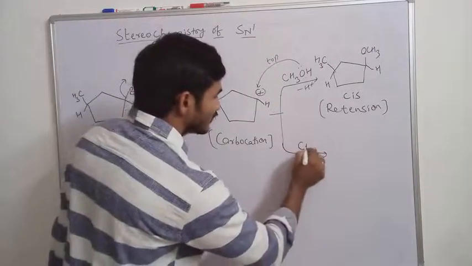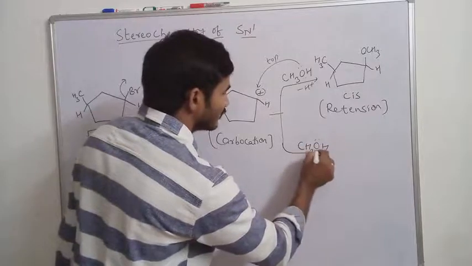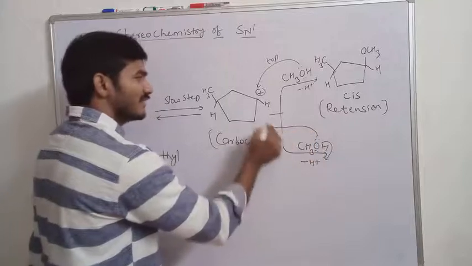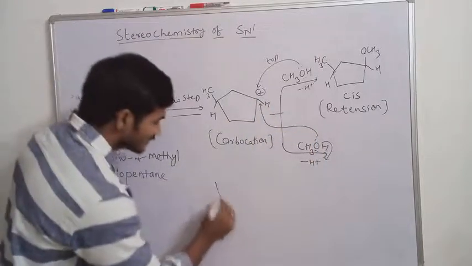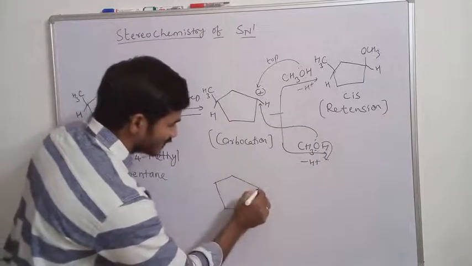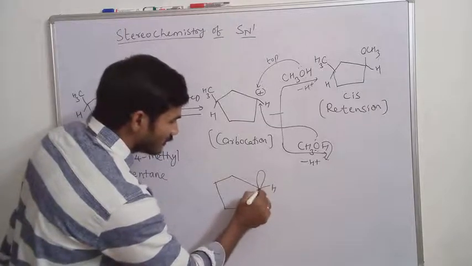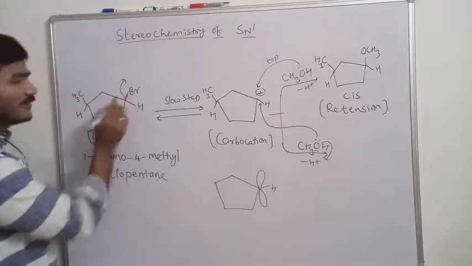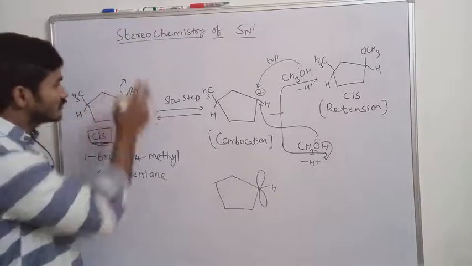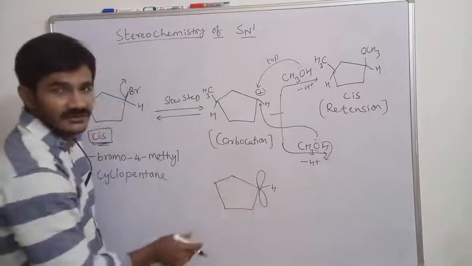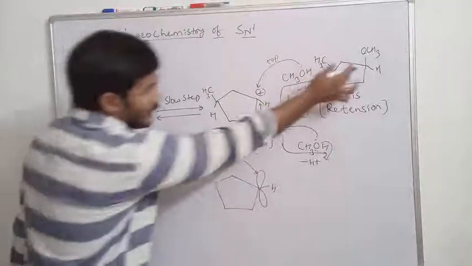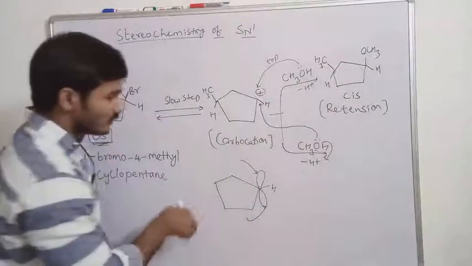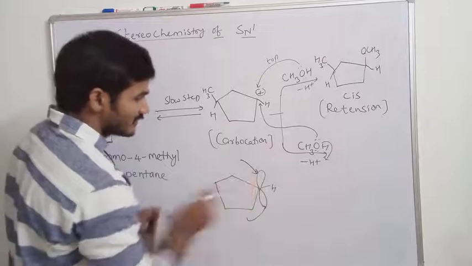Okay, so another possibility is what? It may also attack from the back side, or from the bottom. After losing a proton, this proton has been lost. So this nucleophile attacks from this position, because this carbocation has lobes above and below the plane. Okay, this bond is formed by 2 electrons. So after losing the 2 electrons, this orbital is empty. The front side can attack and form the new bond. The back side can attack and form the new bond. Both possibilities are there.